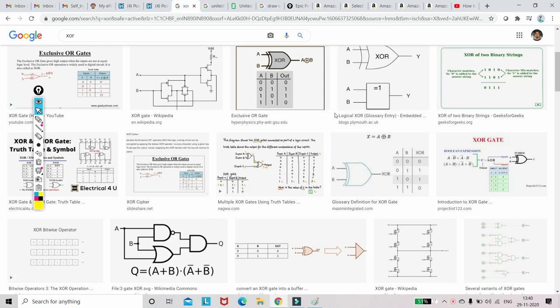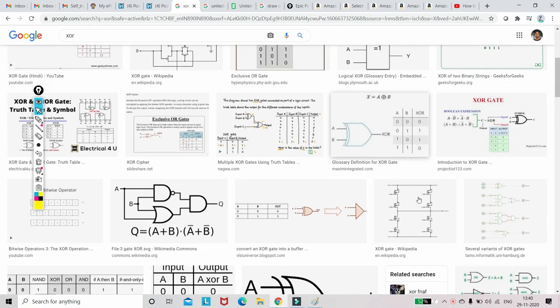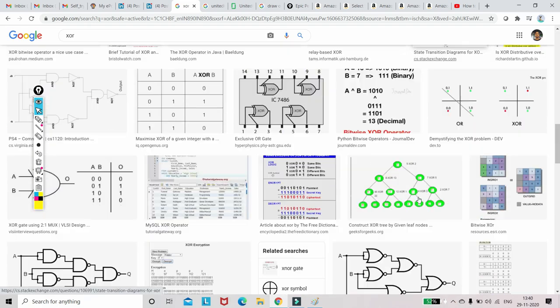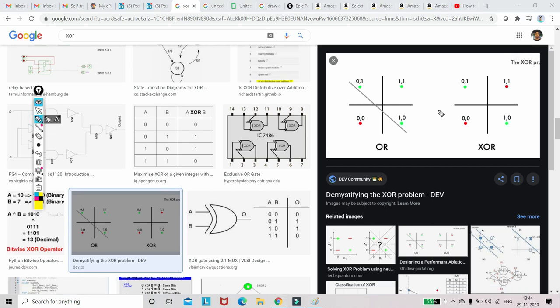All of you would have learned about XOR, exclusive OR. It means that if A and B are dissimilar, then only it's one. Otherwise, if they are similar, then it's zero. So it's the XOR logic gate. This is how it's plotted: suppose you mark points 1 and 0, so 1 comma 1 will be on this side. You can think of two classes: 1 comma 1, 0 comma 1, 0 0, 1 0.